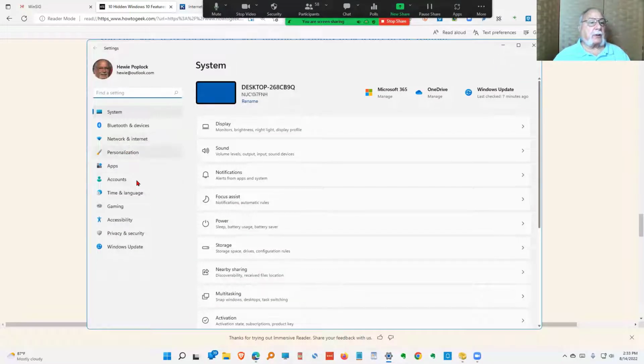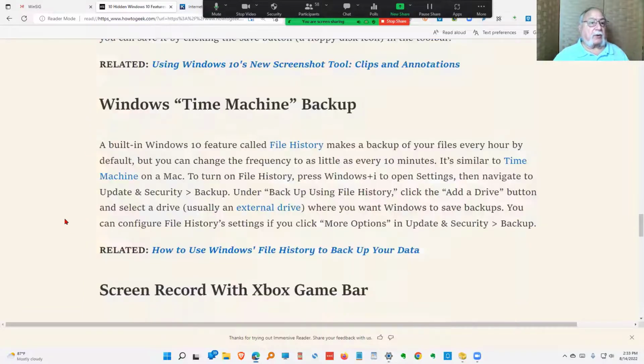Then add a drive button, and you can select a drive, usually an external drive where you want Windows to save backups, and you can configure the File History settings